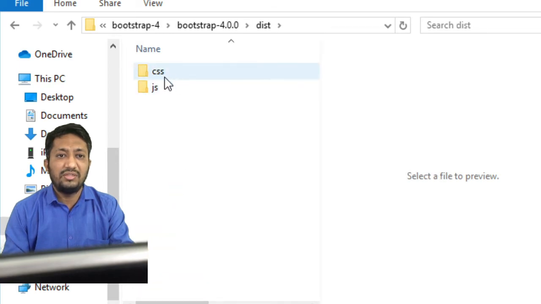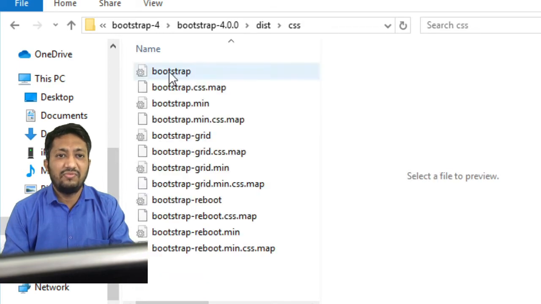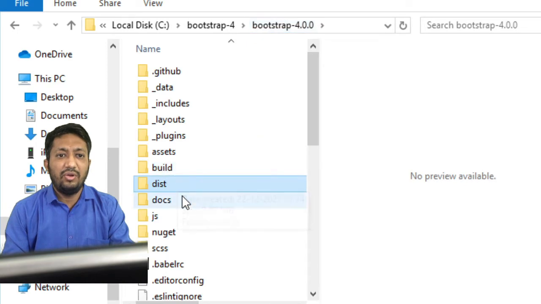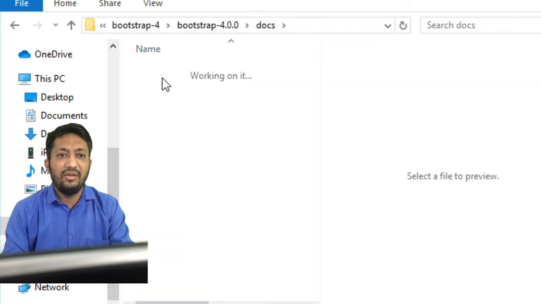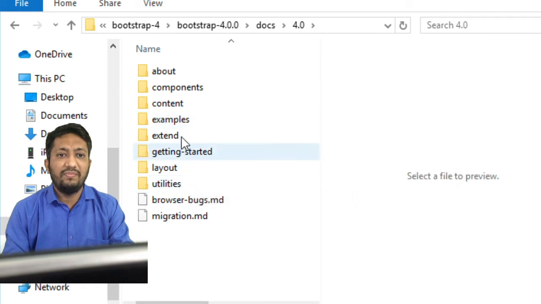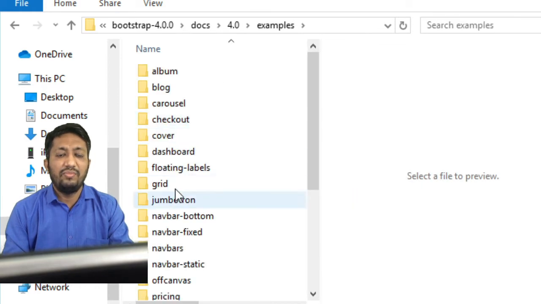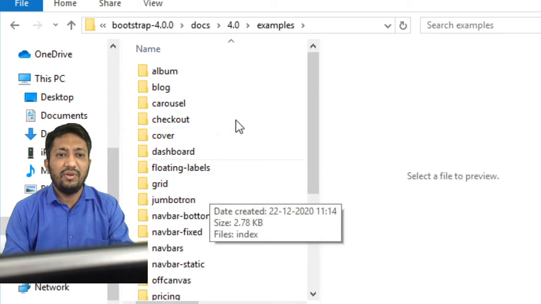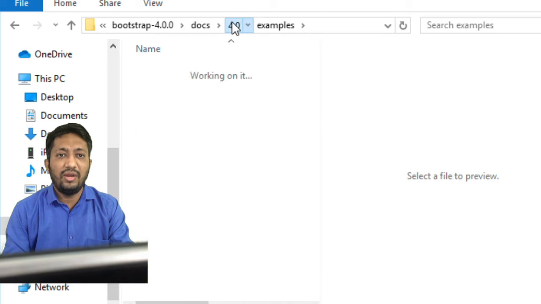In dist there is a CSS folder and a JS folder. In the docs folder you can find a number of examples. These examples are already given by the Bootstrap provider, so these are default examples you can refer to later.